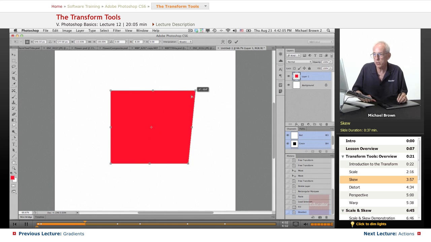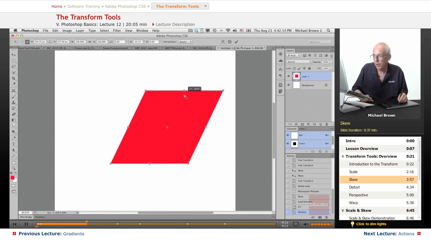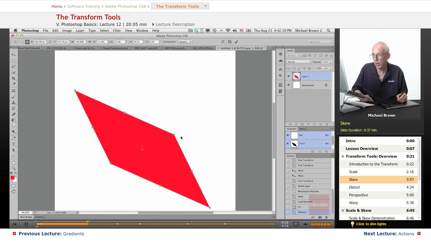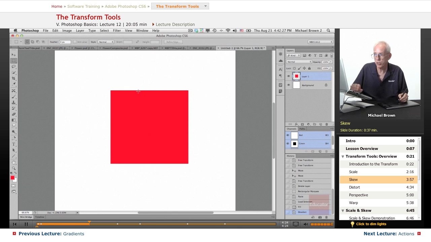If we grab this end, it actually distorts. But if we do the Control-click, skew in the center, we get a skew, traditional skew. Now you can distort an edge individually by changing only the corners themselves. So there's an additional feature in the skew. Command on a Mac, Control on a PC, the letter T, Control-click on a Mac, right-click on a PC. Let's